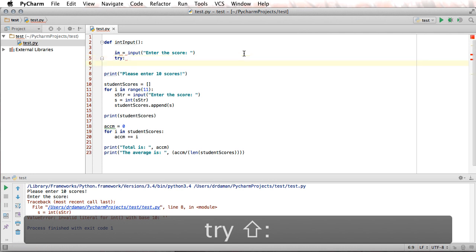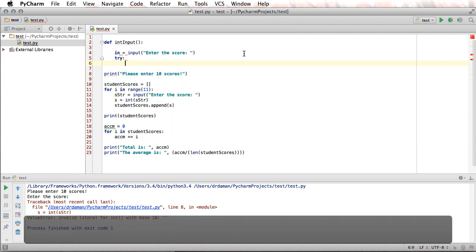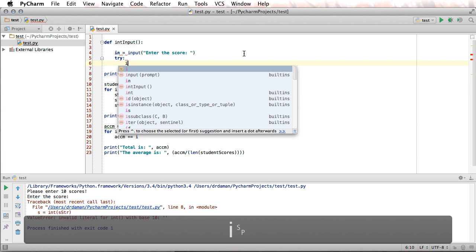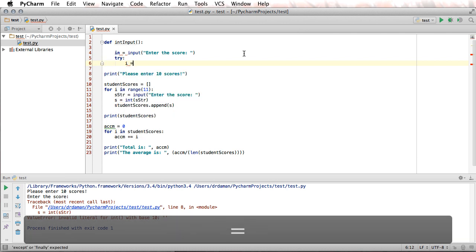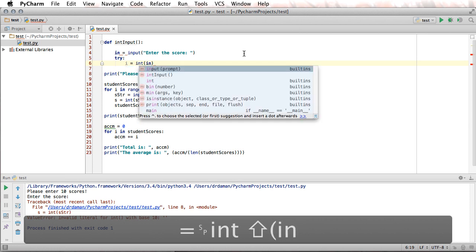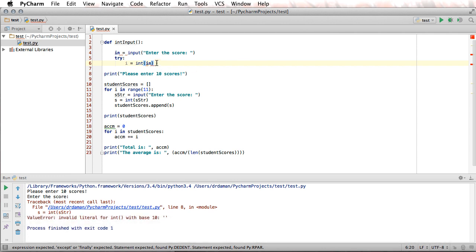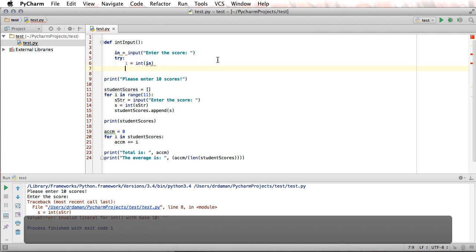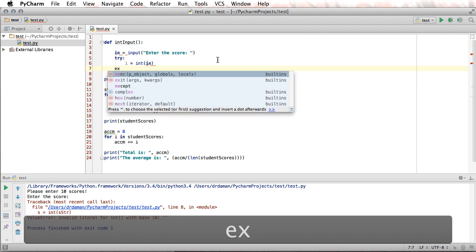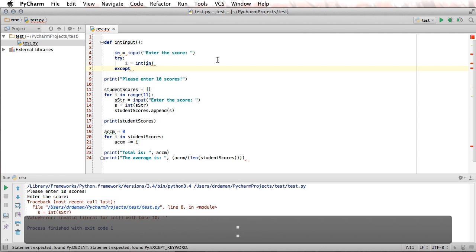and I'm going to say, for lack of a better variable name, I, for integer. Okay, so I is going to be equal to int(in). Now the reason I'm sticking that in a try/catch is because I don't want it to kill my program if it fails, right? So catch is going to be, I think, exception. There it is, except, there we go, except